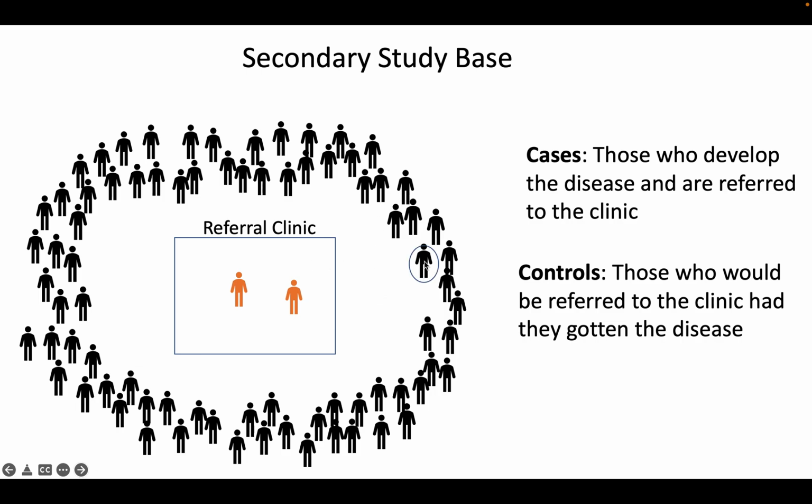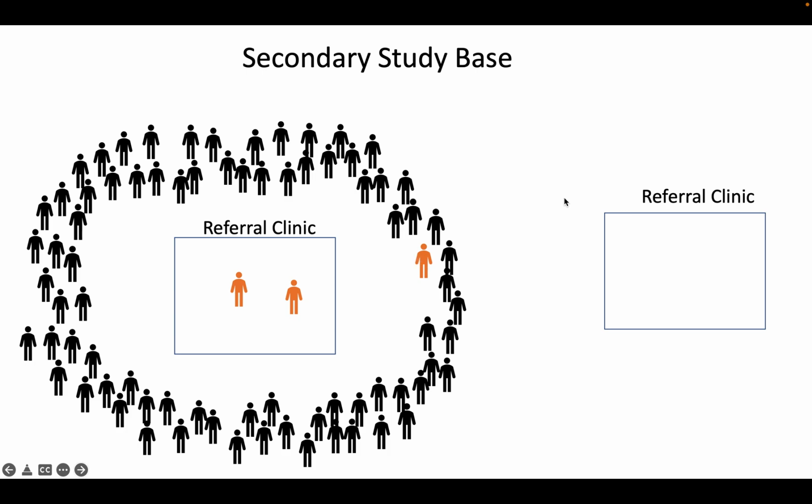But for example, if this person gets the disease and there's another referral clinic at a pretty close distance to either, this person might be almost perfectly in the middle. Now geography isn't the factor as much, and it's hard to conceptualize if this person is part of the secondary study base of this referral clinic, because we don't necessarily know if they would have been referred here if they had gotten the disease. So I think you're probably starting to get why